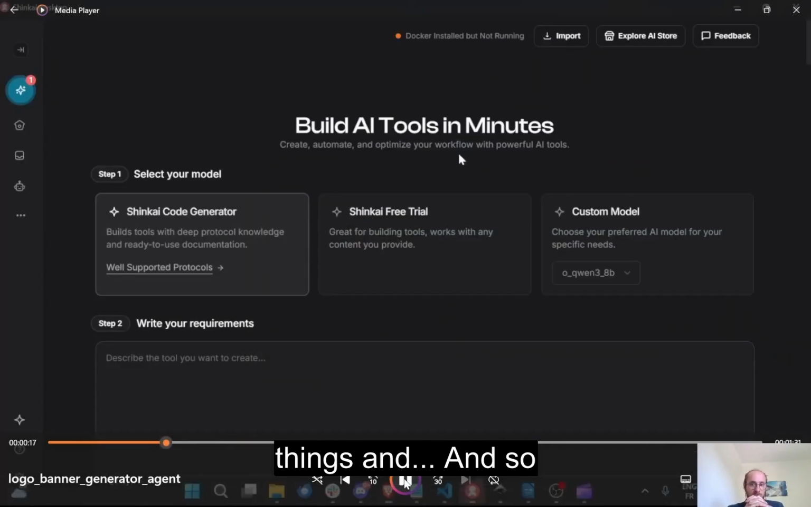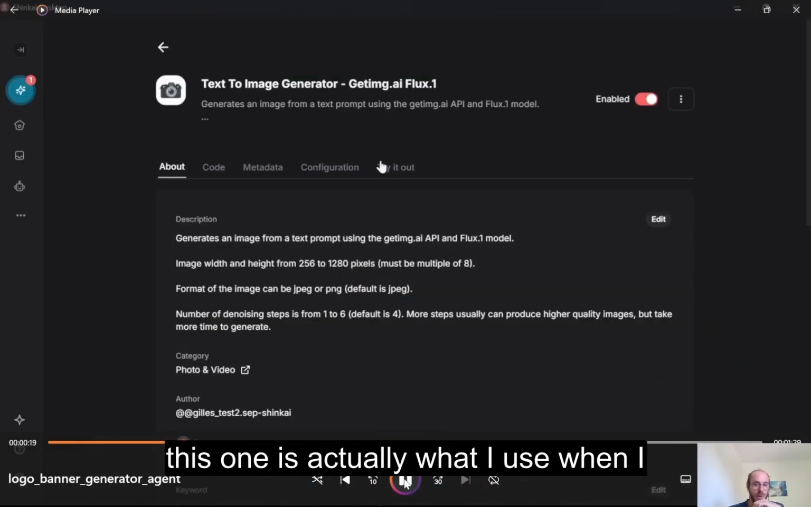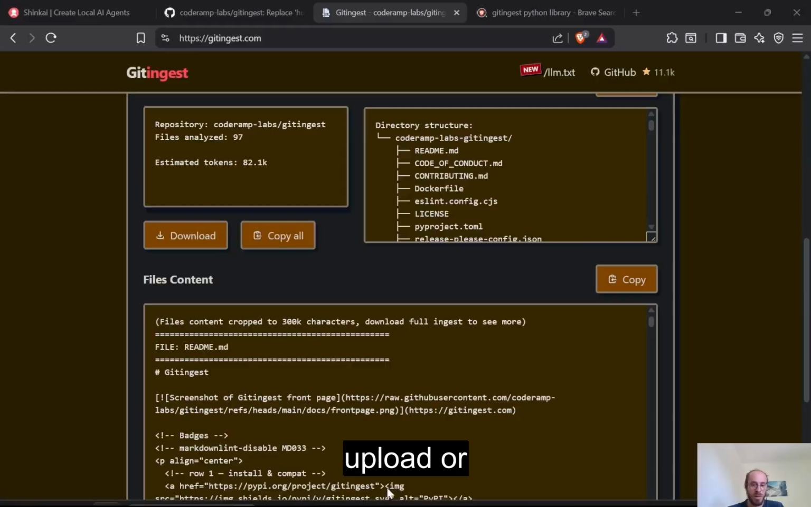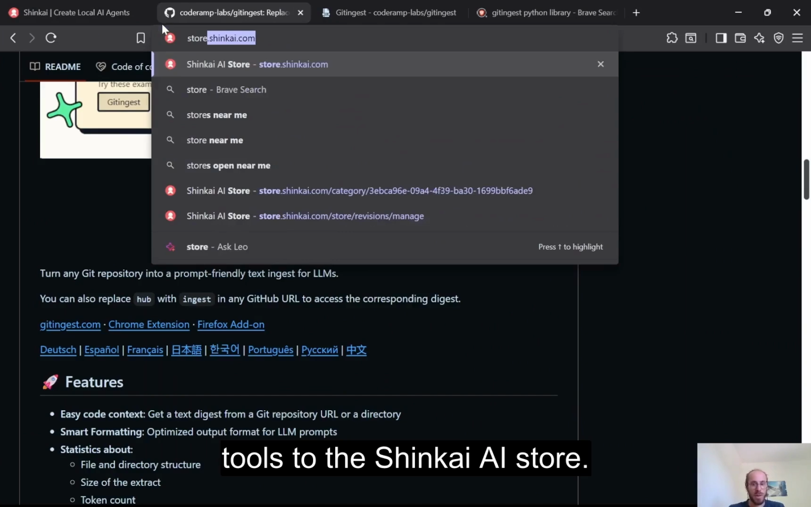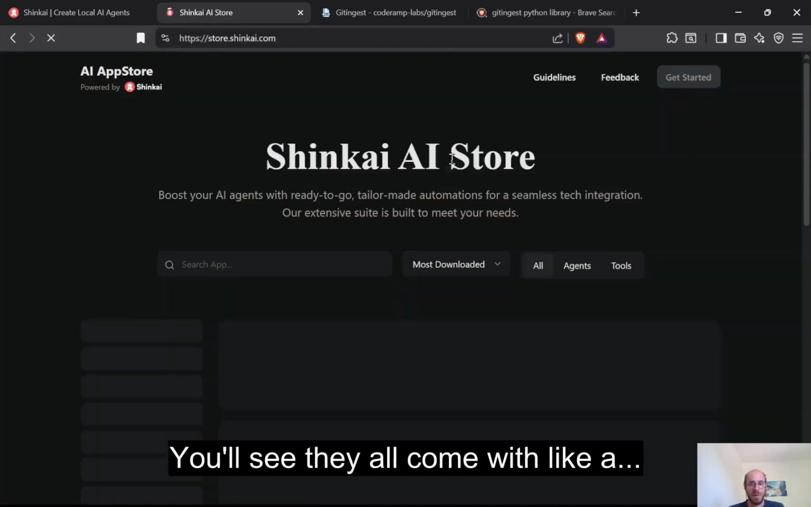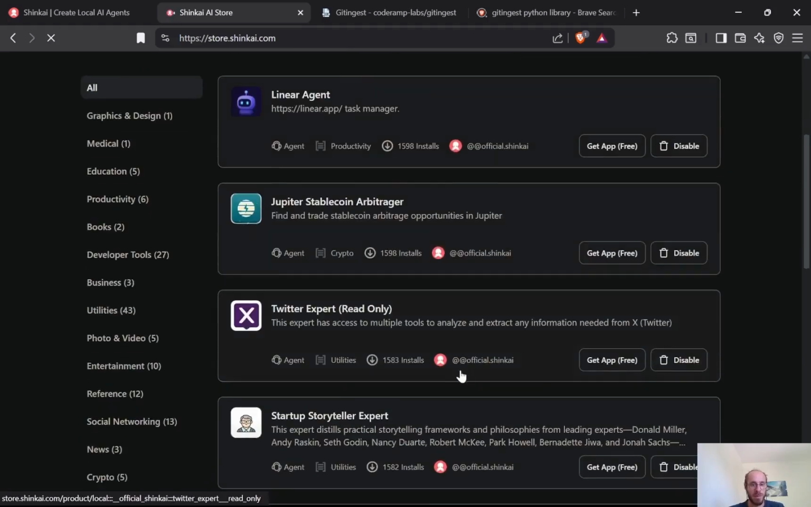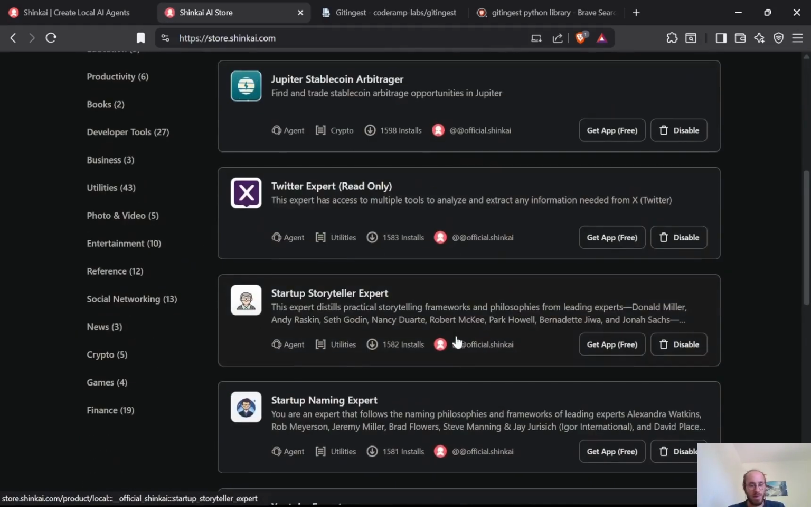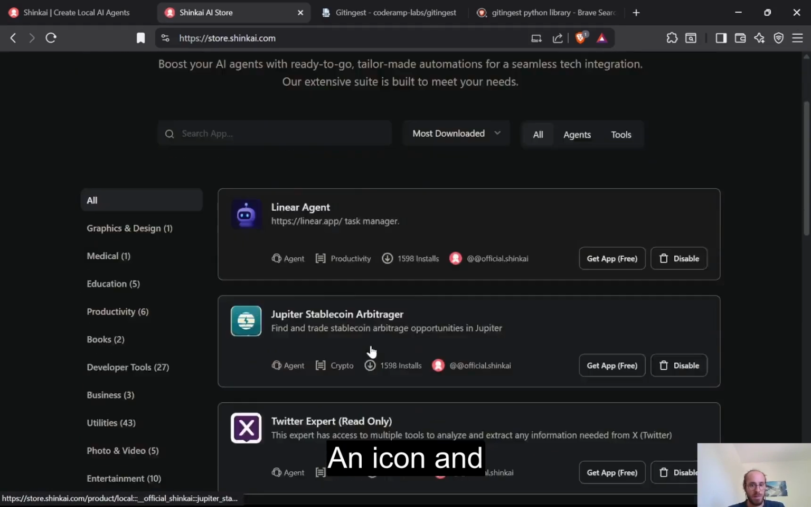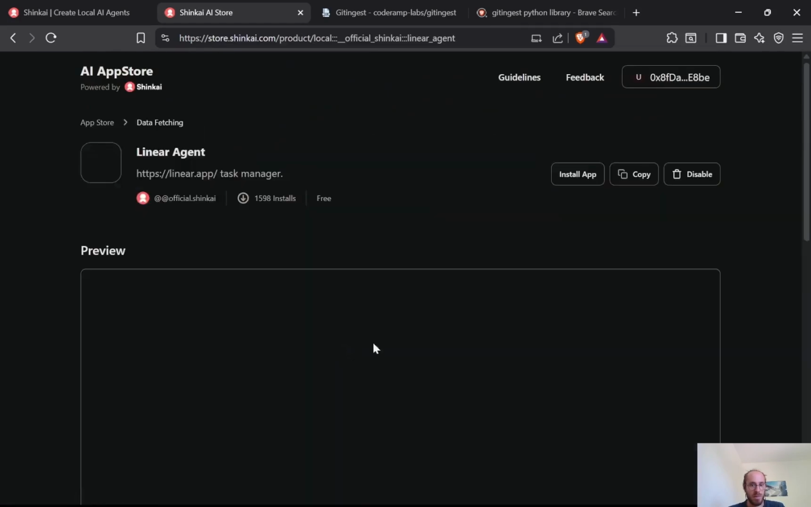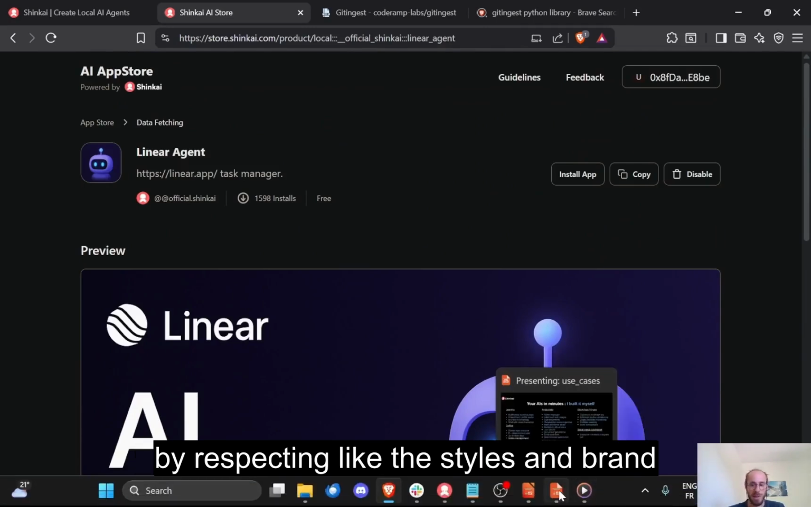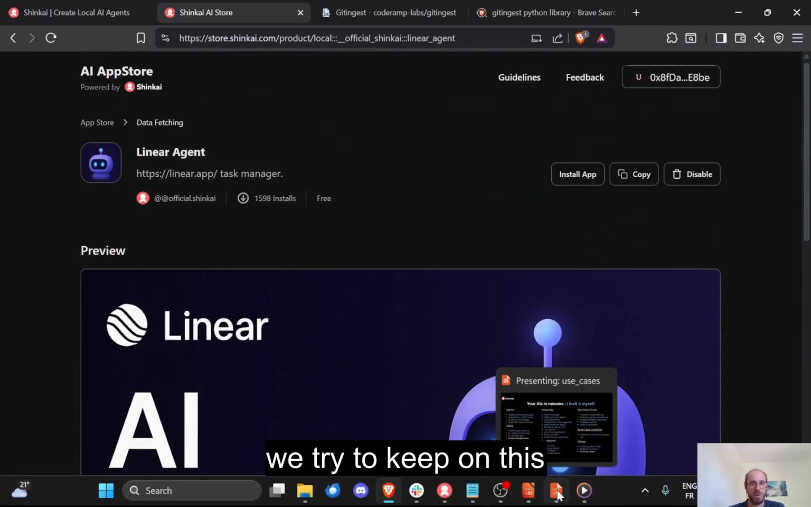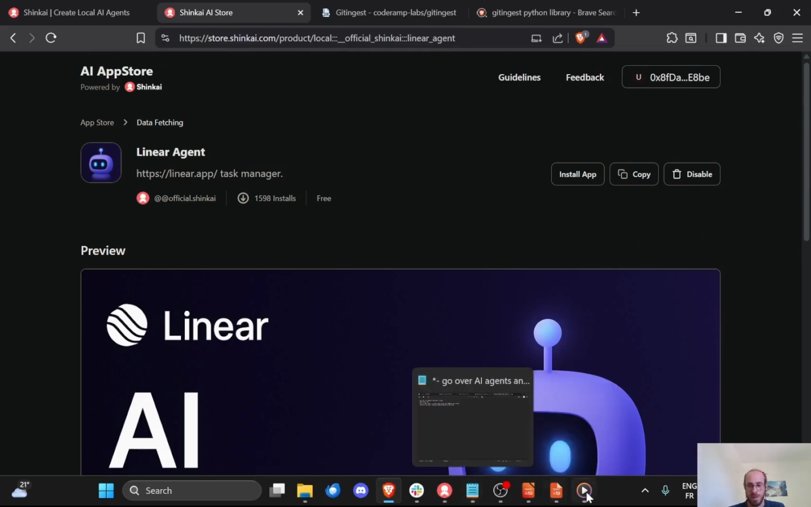This one is actually what I use when I upload or publish tools to the Shinkai AI store. You'll see they all come with an icon and a banner here, and I automated how to do it by respecting the styles and brand we try to keep on this AI store for our official tools. And going back here,